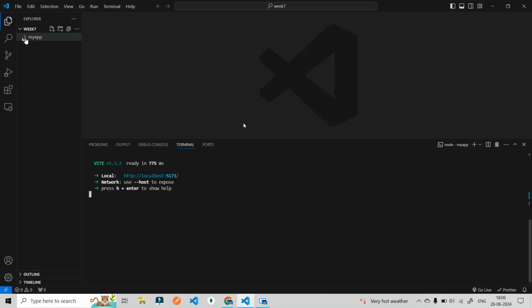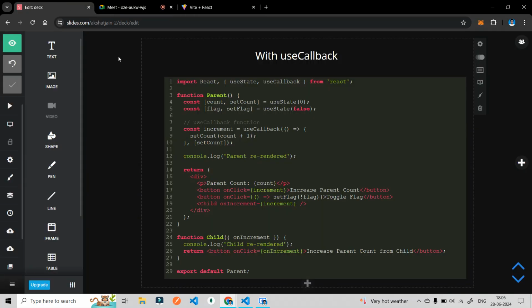मैंने बस अभी एक नया एम्प्टी रिएक्ट ऐप बनाया है और कुछ नहीं करा है। तो हम आज का अपना लेक्चर स्टार्ट करते हैं।